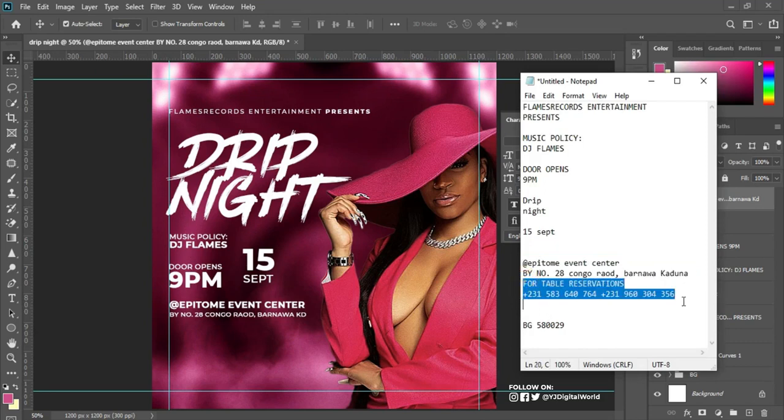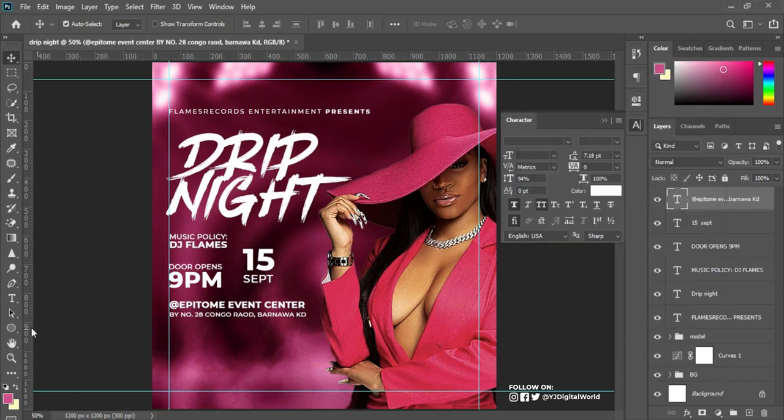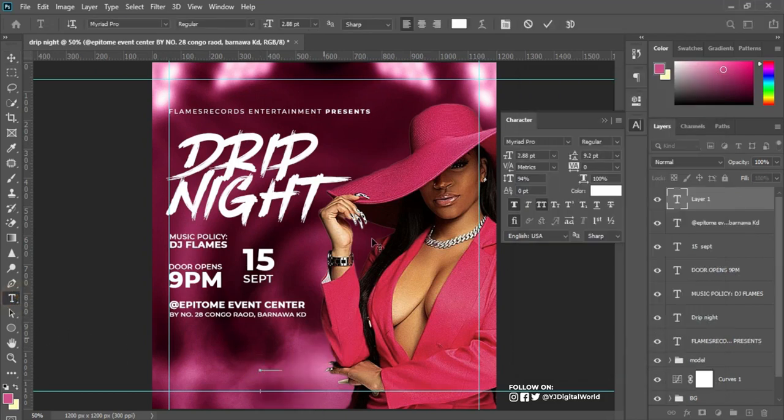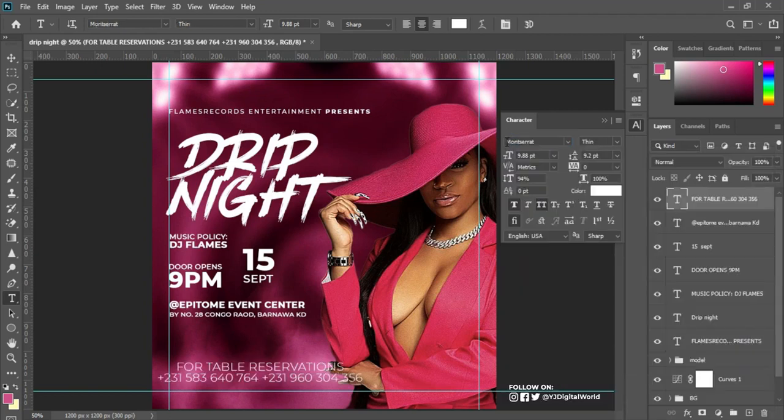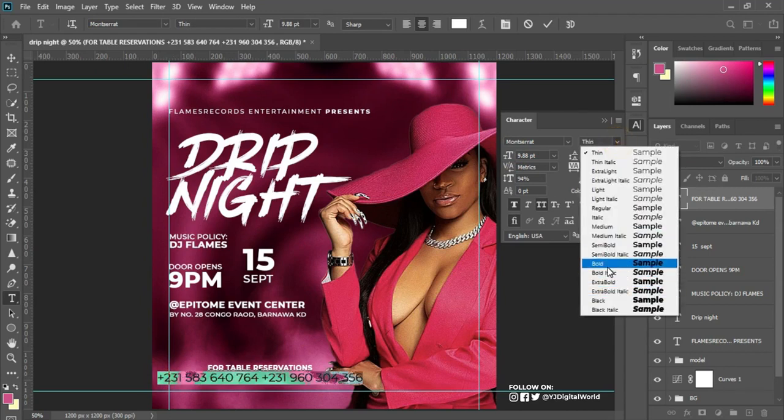copy it in, come back to Photoshop, pick my text tool, left click, paste it in, check, align it at the middle, okay. After doing that, increase the size of the text, okay, and I'll change this to Montserrat. That's the font I'll be using as well for this. I'll come here, change this to bold and come here to scale down the size, come over here, change this to bold, okay,